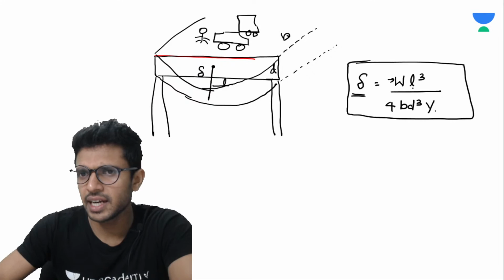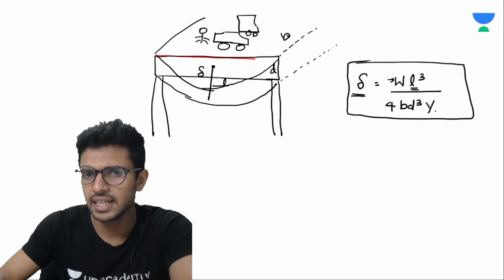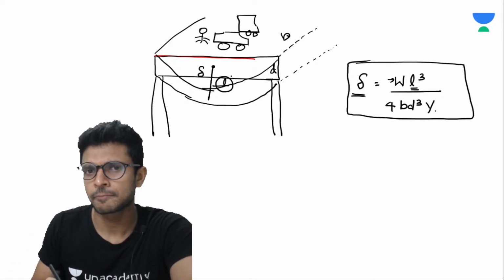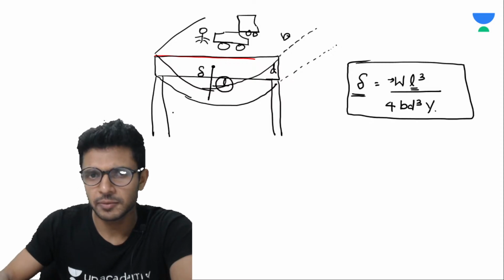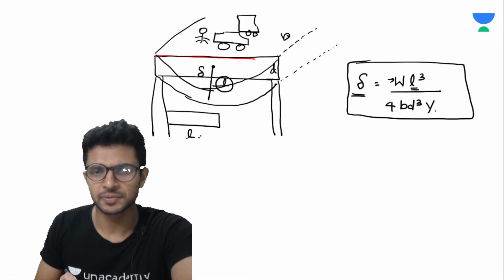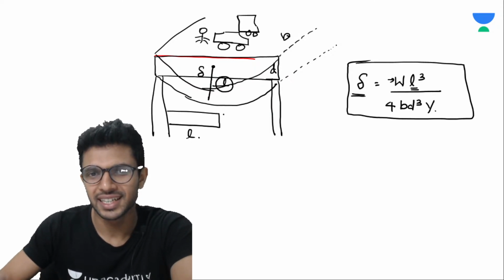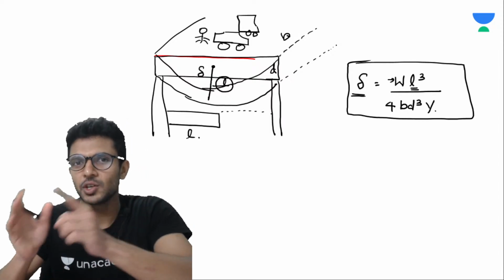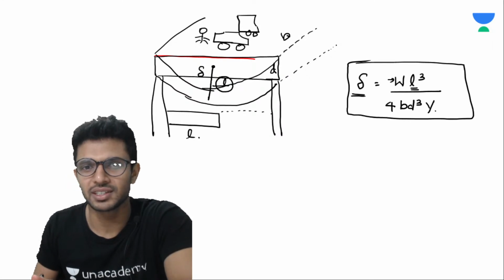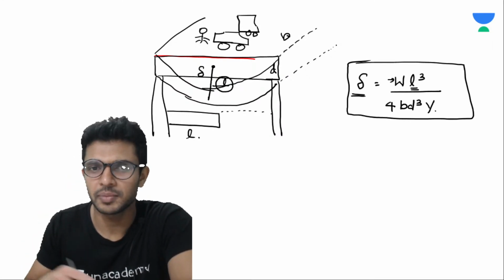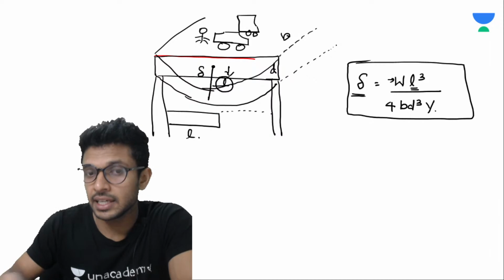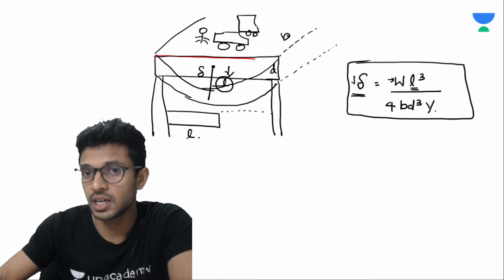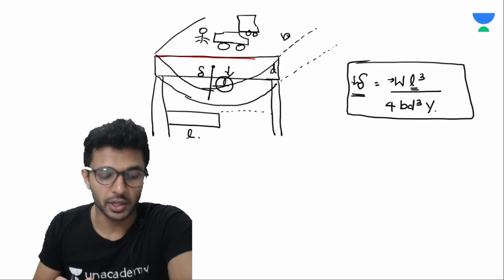Then can we actually reduce the value of length here? Look, here we have the length of the bridge. How can we reduce the length? That is, we can make the length of the bridge small. Then you'll be asking, sir, how are these vehicles going to cover the remaining distance? Then we should tell the vehicle people to make a huge jump just like you see in Fast and Furious. So that is also not feasible. Reducing the length of a bridge to reduce the bending is also not possible.